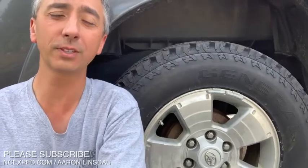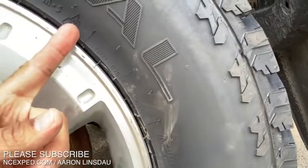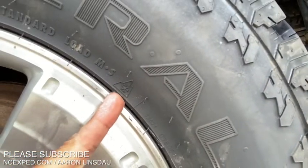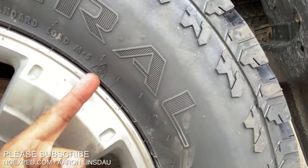So one of the things I first considered is, let me find the little label here. Where the heck is it? Okay, right there. That's the severe service rating, that little snowflake with a mountain on it. That, if you were an adventurer,